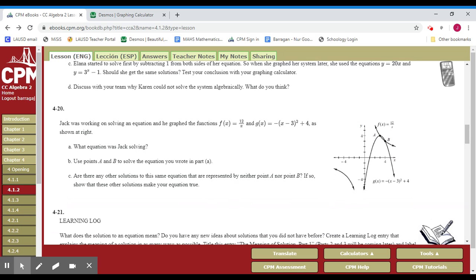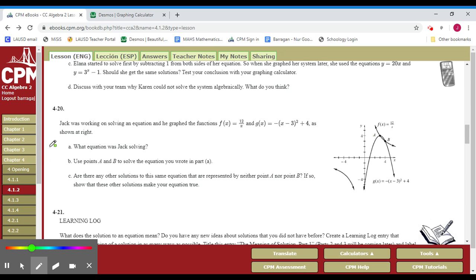Jack was working on solving an equation and he graphed the function f of x equals 12 divided by x and g of x equals negative (x minus 3) squared plus 4, as shown to the right. So here we go. Here's my graph. And it has three parts